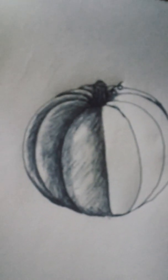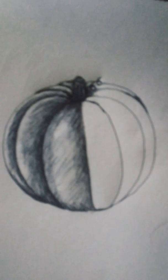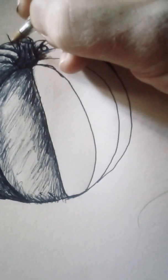So, we're still working on this painting. Not painting. Well, technically it's a drawing, but it is like a painting because, hell, I put a lot of time into these, as much as a freaking